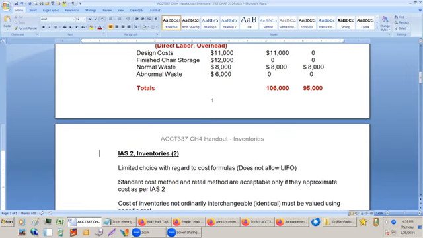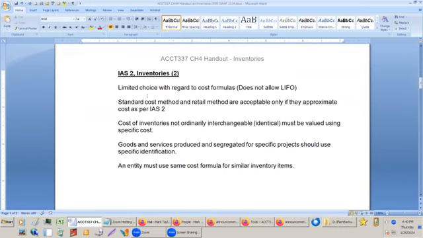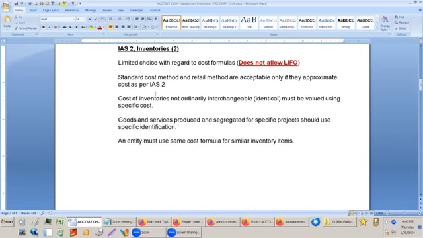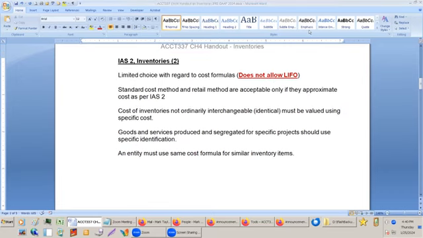Here is a big one. Inventories. They have a more limited choice in that they do not allow for LIFO. You cannot use LIFO for international standards. I don't know if I talked to you guys about this, I probably haven't, but LIFO, last in, first out. Now, last in, first out is